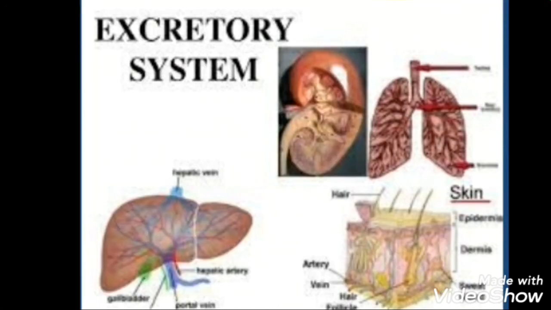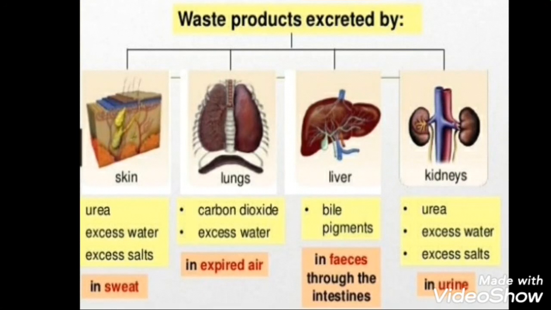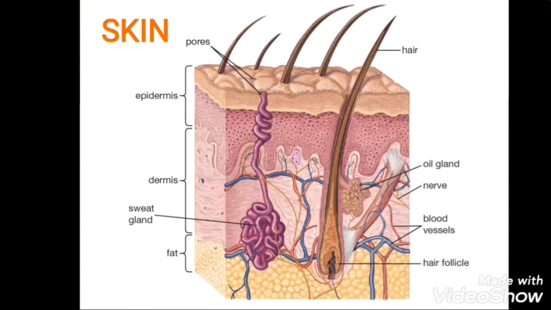The excretory system includes some organs which are helpful to maintain homeostasis. They are the skin, lungs, liver, and kidneys. Skin is the outermost covering as well as the largest organ of the body, which comprises 15% of the body mass. It includes sweat glands and oil glands. If the environmental temperature increases, the sweat glands start secreting sweat, which contains water, ammonia, urea, lactic acid, and salts. The sweat passes through the pores in the skin.